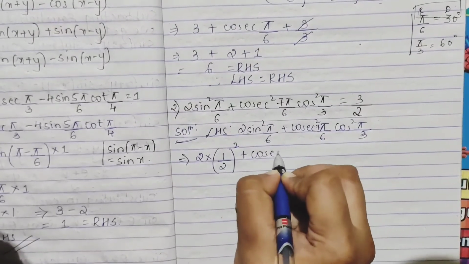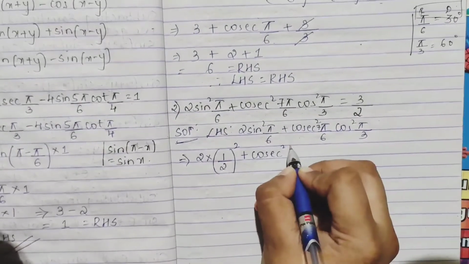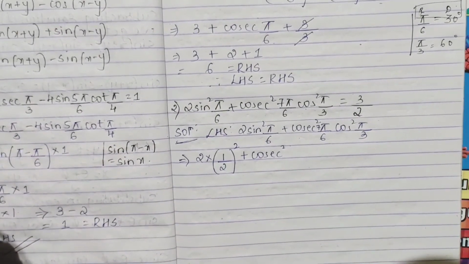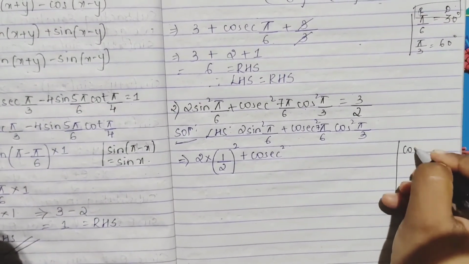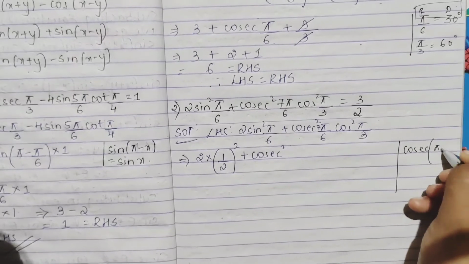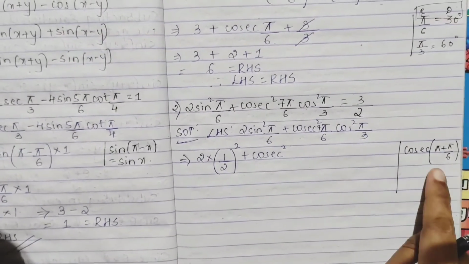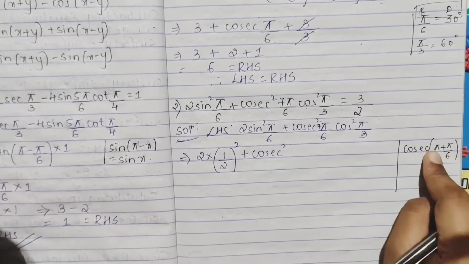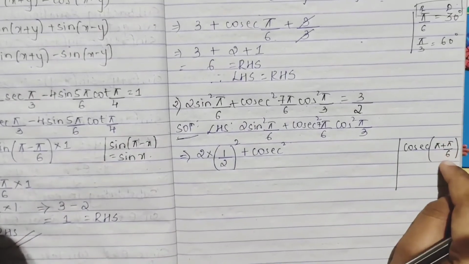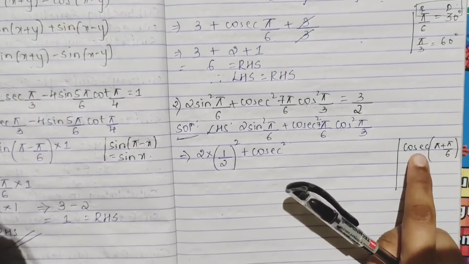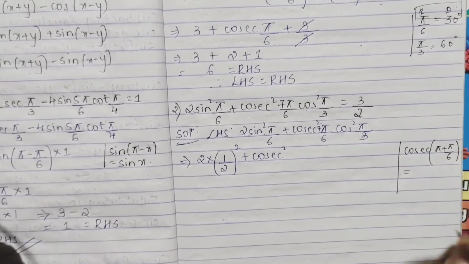So this, how you are taking cosec square, you write here better, at corner only you write. So this cosec I can take as pi plus pi by 6, yeah, pi plus pi by 6, if I take, I'll get 7 by 6, right? So 6 pi plus pi, it becomes 7 pi, and your LCM is 7. Yeah, you should take cosec of pi plus pi by 6. Cosec of pi plus pi by 6, what?